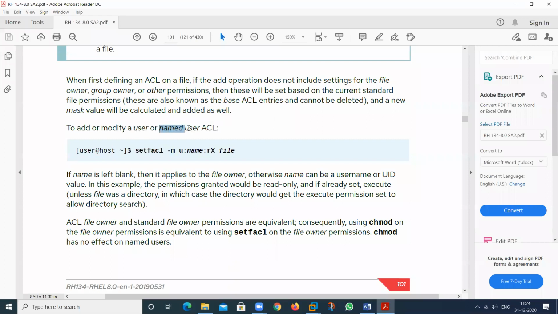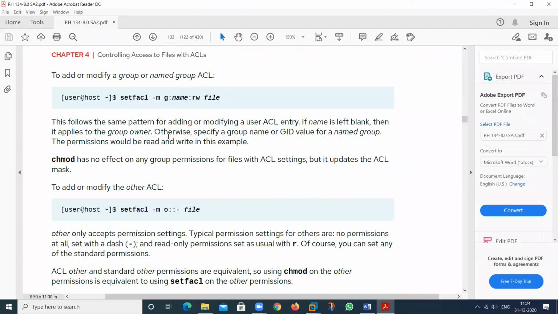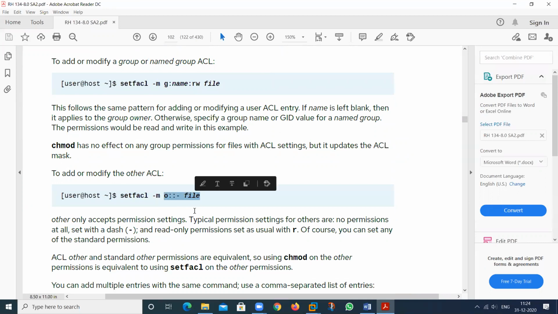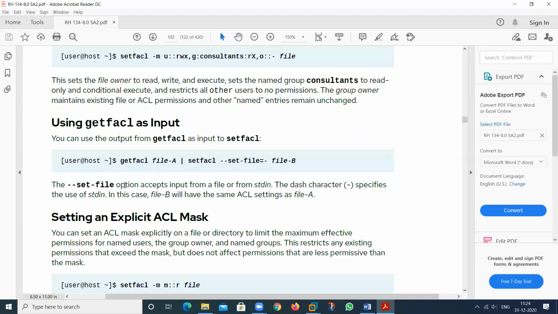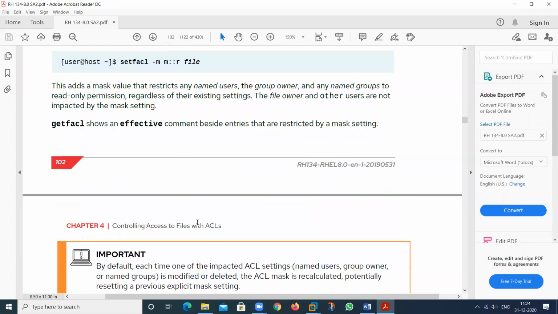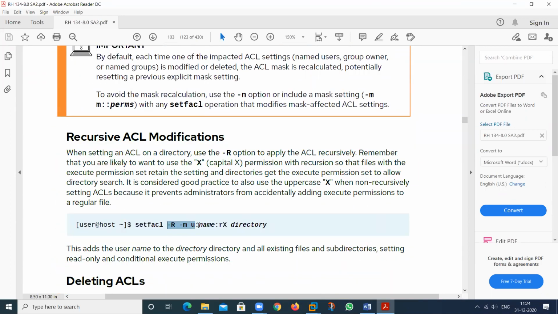So this user is called a named user. So this is for the group. This group is called a named group, but just group only, or it can also be called a named group. If you want to apply the permission for the group, for the others, you can also apply. So these are related to the permission and how to apply the permission in a recursive manner.